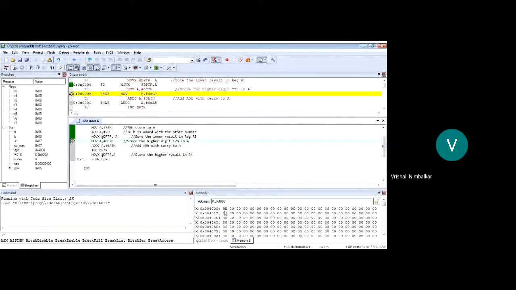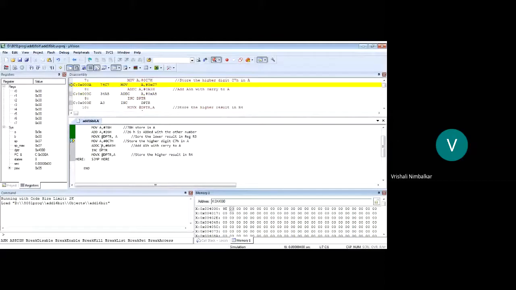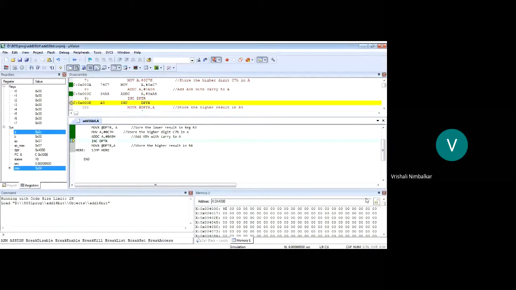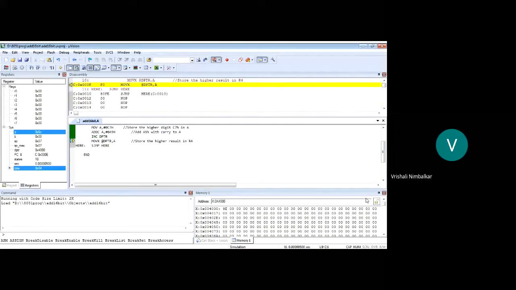Can you see the answer 9E here? At the 4000 location, the external RAM location, you got the answer saved. Okay. Next, F11: take the second higher number in the accumulator, add it, make the DPTR pointer 4001 and save the second result at 4001.